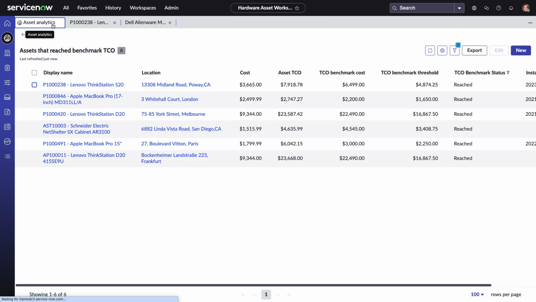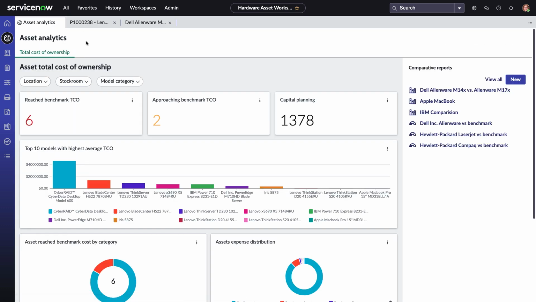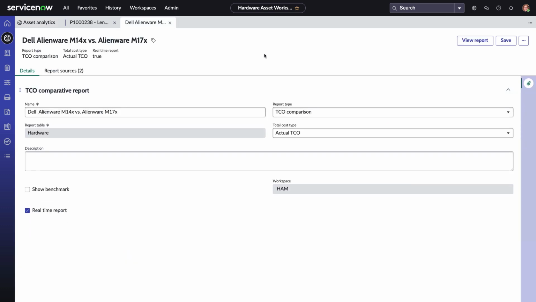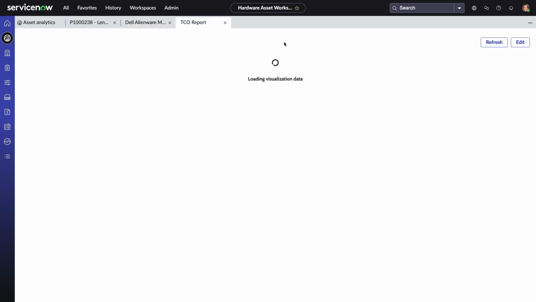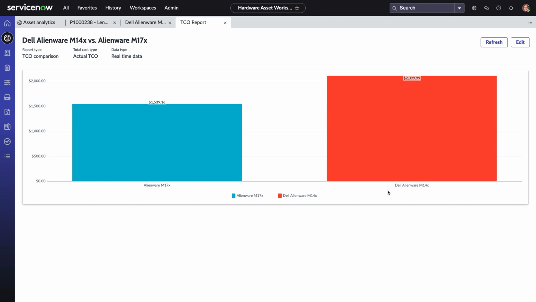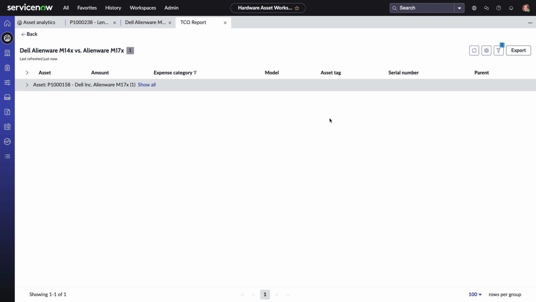Earlier in the day, Casey created a report to determine the total cost of ownership of these two Dell models. She wants to analyze the latest report before sending it over to her team. Here's the comparison details of the two models. She's comparing actual TCO and not projected. Casey wants to view the report, and based on this report, she can see that Dell Alienware N14X has a higher TCO than M17X model. She can now export and share this report with the end user computing team so they can reset the hardware